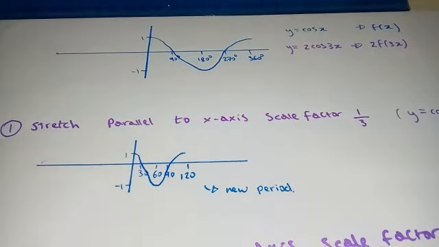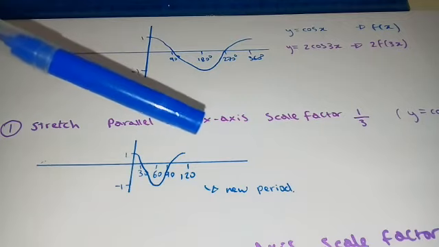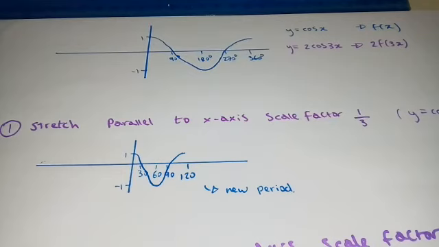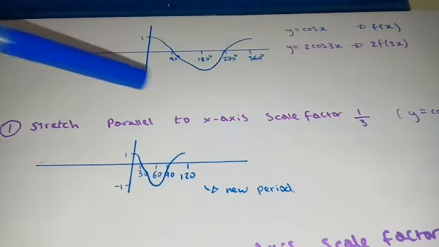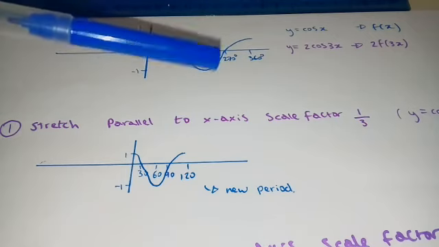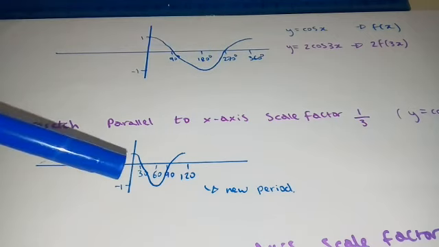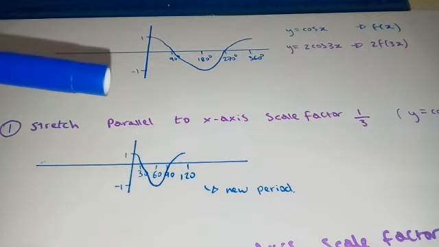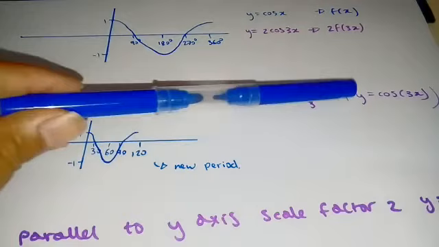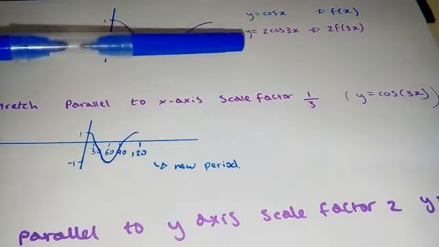Looking back at our rules, this means we're going to stretch parallel to the x-axis with a scale factor of 1/a, or 1/3. This means we're going to multiply all of the x coordinates by 1/3. The old period of the graph was 360, and if we multiply this by 1/3, it gives us our new period of 120 degrees. This gives us the graph of y equals cos of 3x, but we want y equals